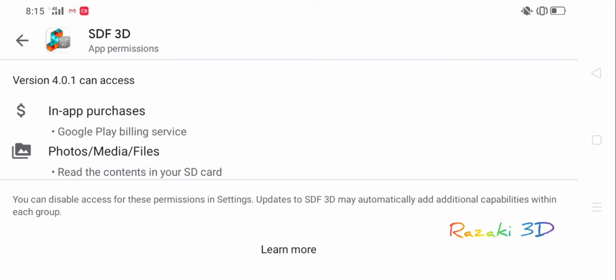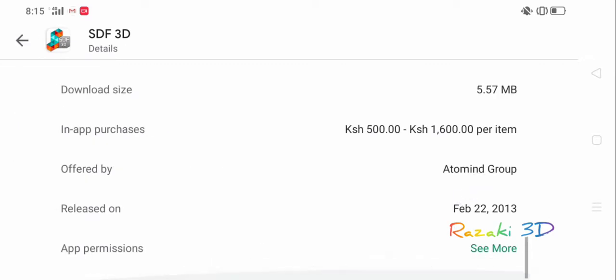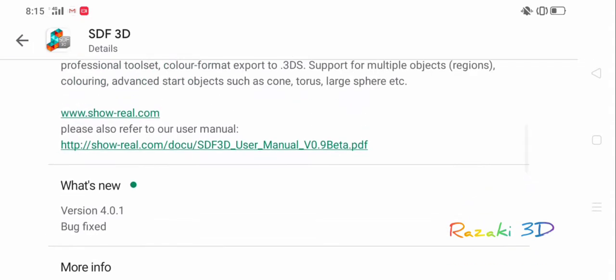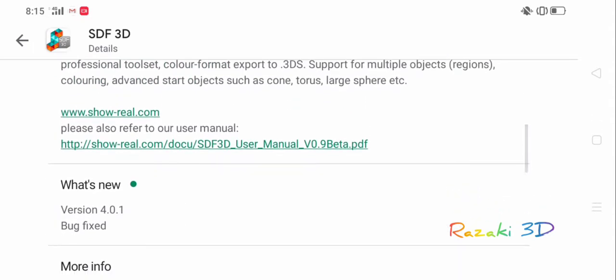And the contents are always saved on your SD card. I think that's too much information for now. No one ever goes to have a look at that, right? So what's new is just a bug fix, and the version that we're going to be downloading right now is